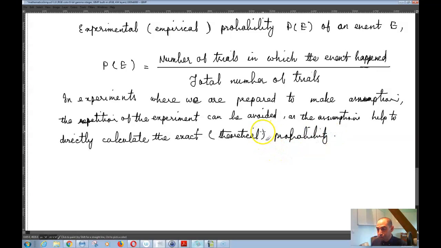And the assumptions, for example, the assumption of equally likely outcomes, which is valid in many experiments, as in the two examples above of the coin and of the dice, is one such assumption that leads us to the following